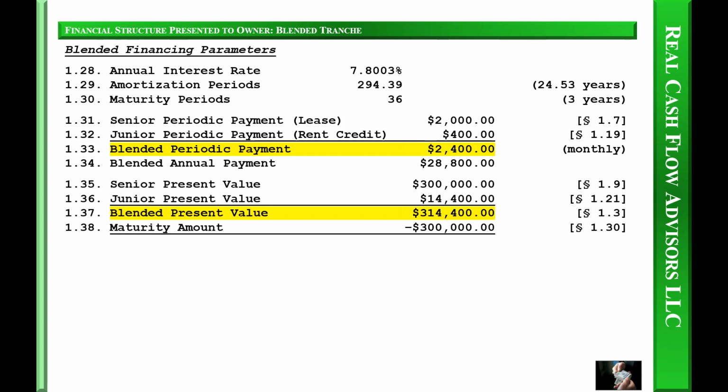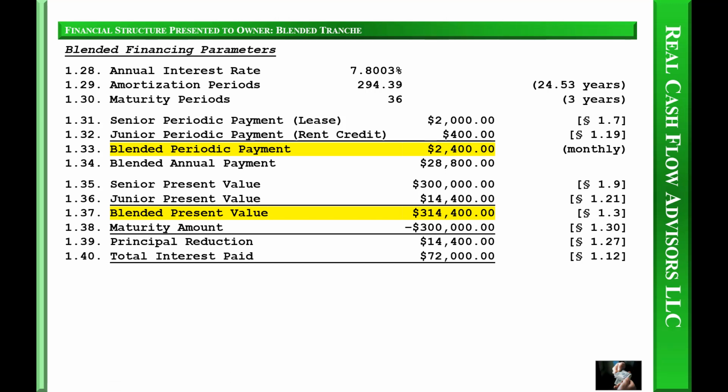Maturity amount, $300,000. This is the balloon payment after the junior tranche has been fully paid off. This is the seller's desired sell price after 3 years. Principal reduction, $14,400. Total interest paid, $72,000.